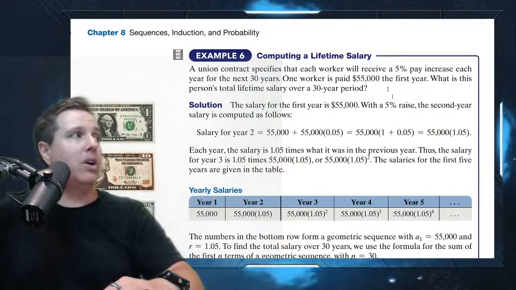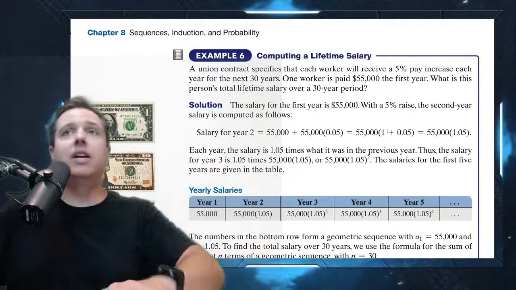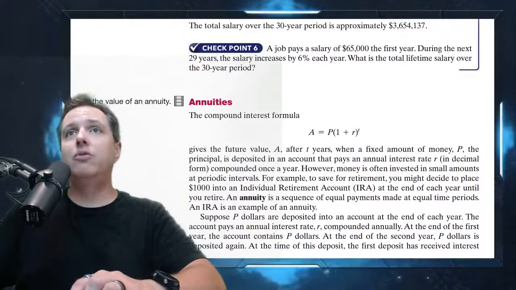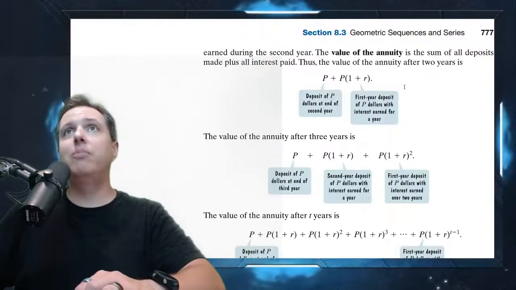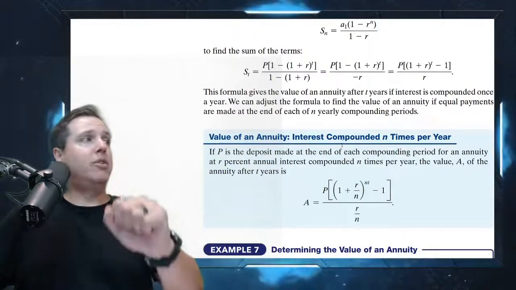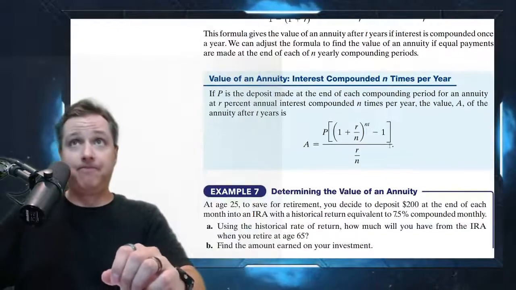So here's a money one. We're not going to work through it, but you can get an example of how that works for money. Annuities, we're not going to talk about annuities either. If you're interested in annuities, go ahead and read up on it. You can make sense of it all. But you can see here's a formula for annuities.